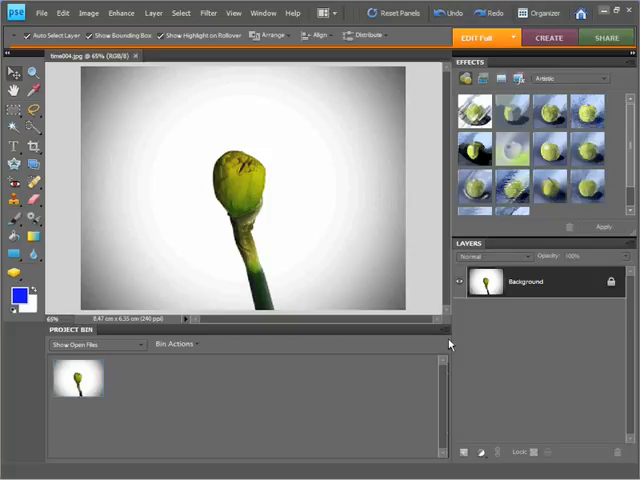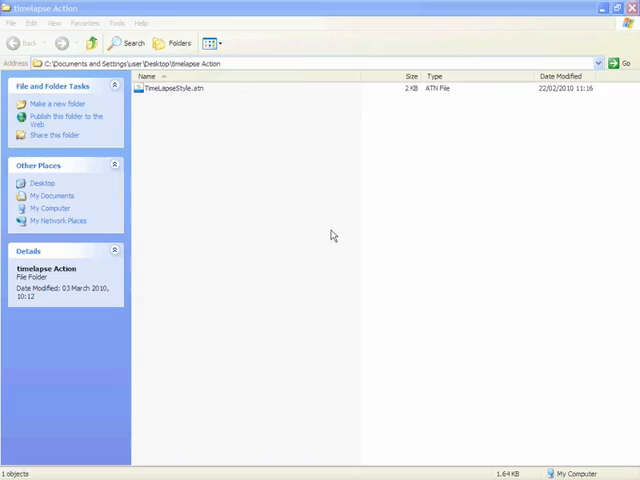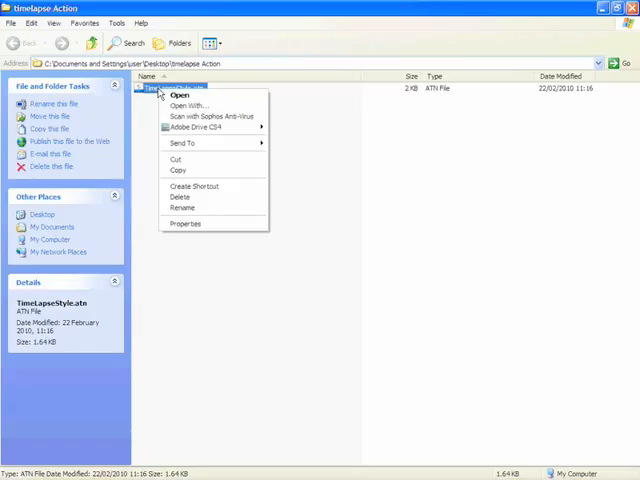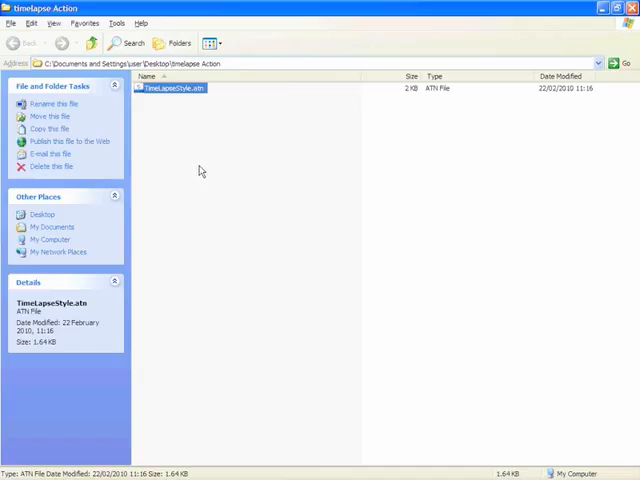So what we have to do first of all is just close down Photoshop Elements in order to install the action. So just close down your copy of Photoshop Elements 8. Then the first thing we have to do is take our action, and we have our time-lapse style action, which you'll find on this month's CD, and we're just going to copy that. So if we right click on the action and just select copy, then double click onto your My Computer icon,